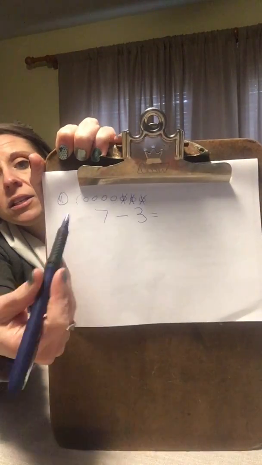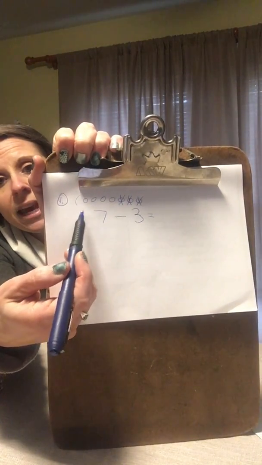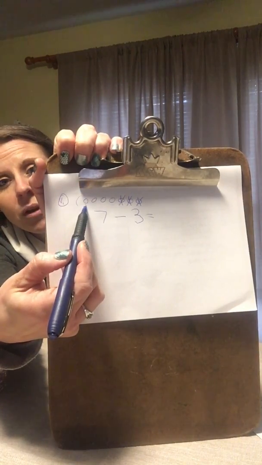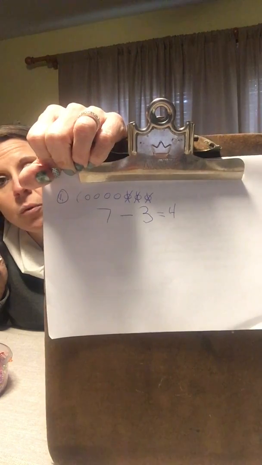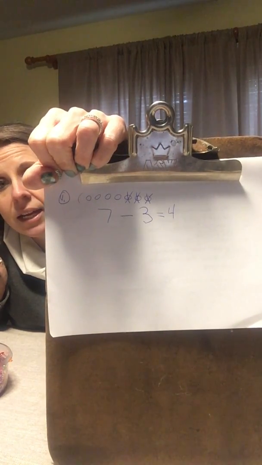Now if you look on here to find the answer from drawing your circles, all you do is count how many circles are left. 1, 2, 3, 4. So we would say that 7 minus 3 equals 4, or you could say 7 take away 3 equals 4. And if you'd rather use your hands, you can do that too. Start with 7 fingers, and then it says 3 crawled away, or we took 3 away, so you have to put 3 fingers down. 1, 2, 3. So here's what we have left. 1, 2, 3, 4. So either way you decide to do these, you still come up with 4 for your